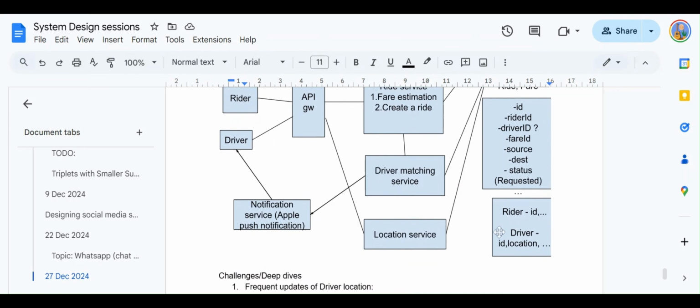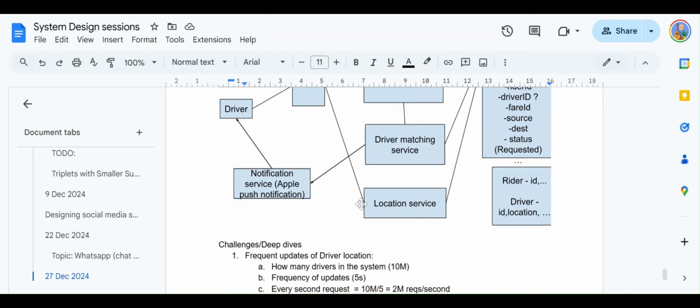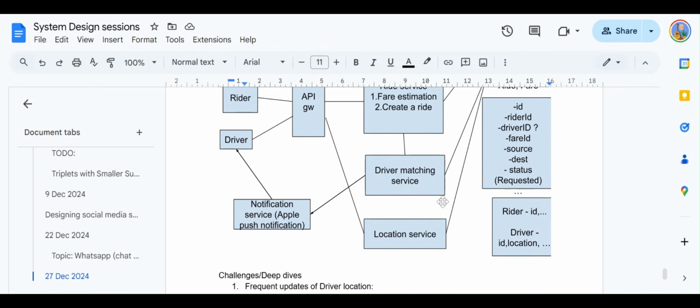So one option is that we could have in-memory locks, which is application-level locking. It means the driver matching service application is responsible for maintaining the locks, but it's not a good design. The problem is that it's a distributed architecture, so there are multiple instances of the driver matching service running, not just one.